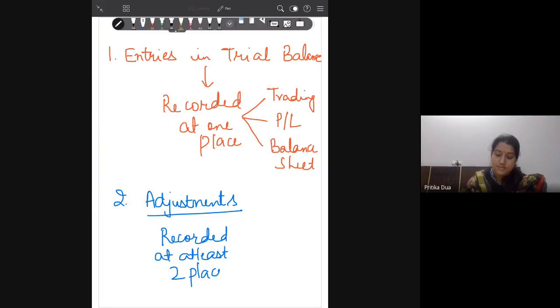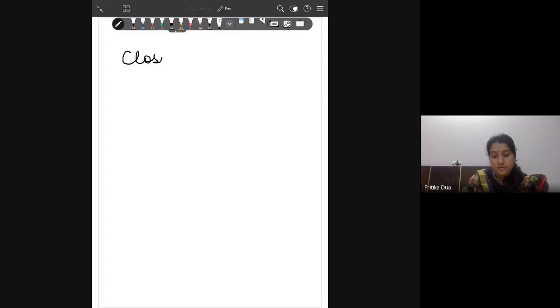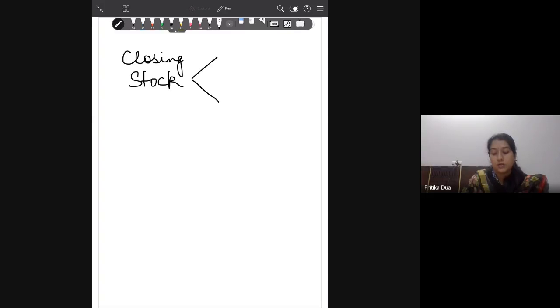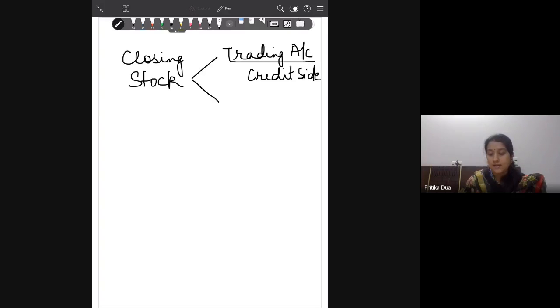Under this, the first adjustment which we are doing is the closing stock. Closing stock, since given outside the trial balance, will come at two places. One is in the trading account on the credit side, on the right hand side, बाय क्लोजिंग स्टॉक करके आप क्लोजिंग स्टॉक को रिकॉर्ड करते हो इन दी ट्रेडिंग अकाउंट. Second place is in the balance sheet, and in the balance sheet again on the right hand side, which is the asset side, you record the amount of closing stock. तो जो आपने ये क्वेश्चन करा उसमें 10,000 का क्लोजिंग स्टॉक ट्रेडिंग अकाउंट के राइट हैंड साइड पर आएगा, और अगेन इन द बैलेंस शीट